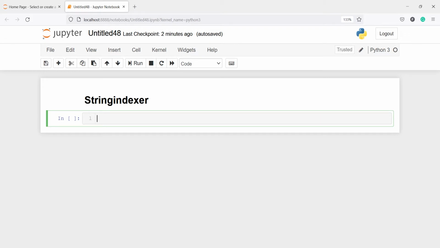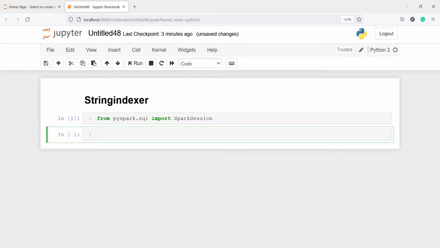Let's import SparkSession from pyspark.sql, and let's import StringIndexer from pyspark.ml.feature.